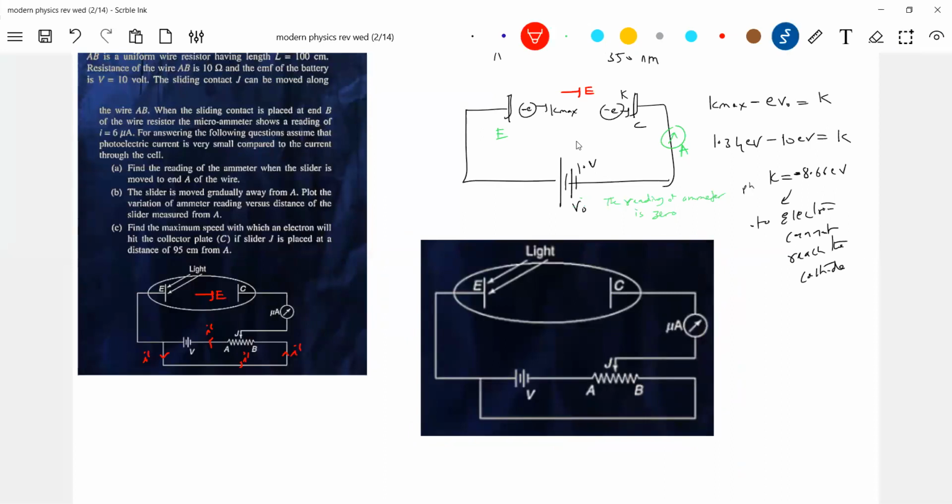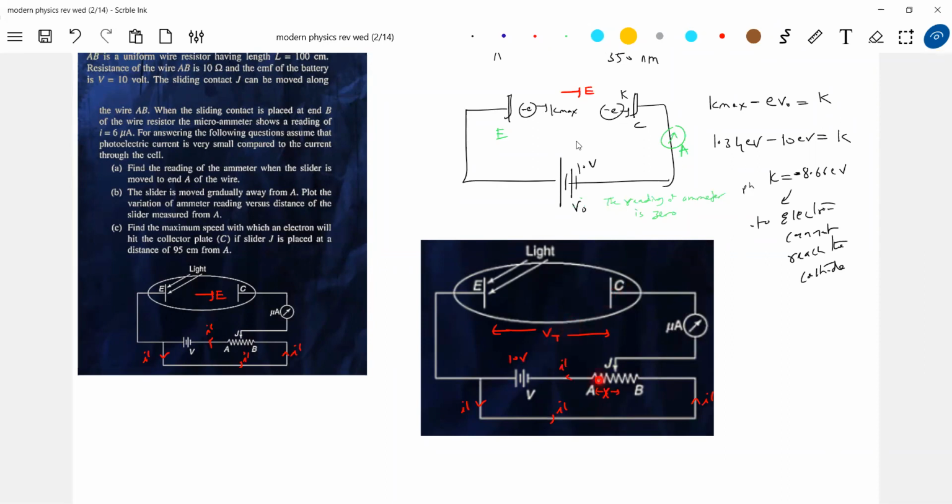Here, let me indicate the distance x. There will be a flow of current I dash. The drop across the tube, I'll write VT. Of the 10 volt that we apply, a part will be shared by this, and the remaining will go by the potential divider formula. So the electrons will come and strike the cathode only when the potential difference becomes less than or equal to 1.3 volt.